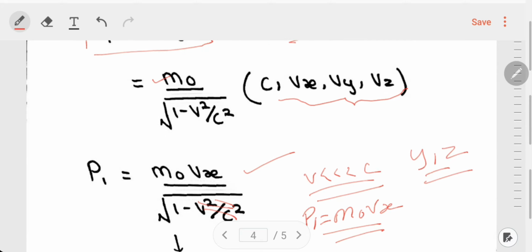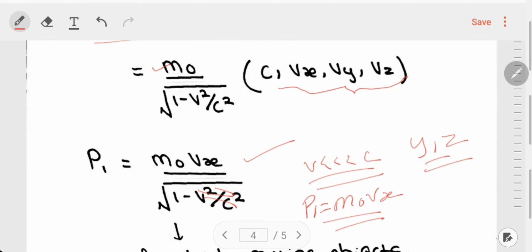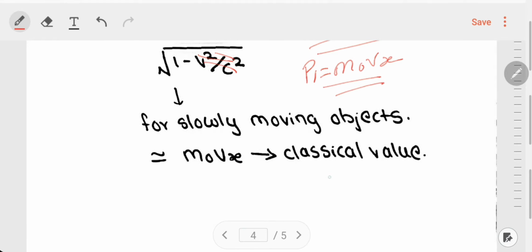But if you have a look at the zeroth component of the momentum, and I'll write it down over here, it comes out to be m naught c over under root 1 minus v square by c square. And obviously we don't have an idea about what this term is. Even if we go to the limit where the velocities are very less, we'll just get m naught c, and we don't know what this quantity is. So there's a doubt about what this quantity actually is.